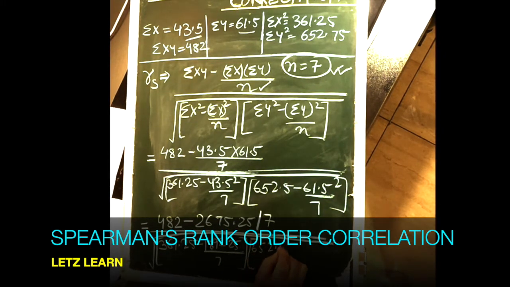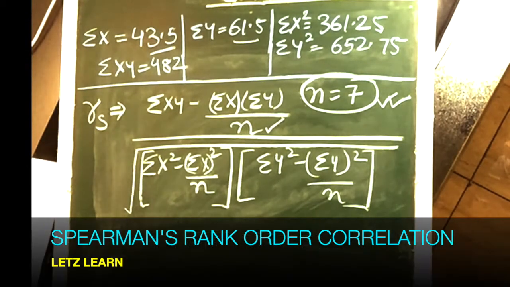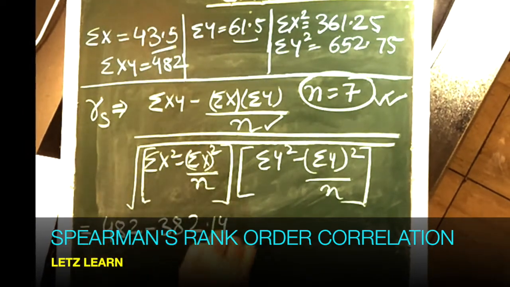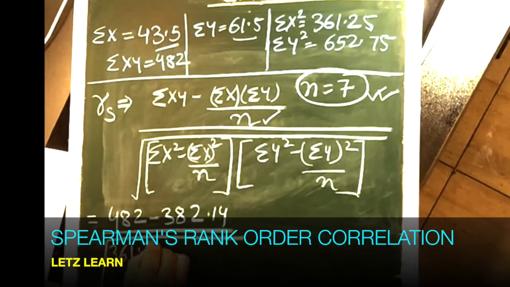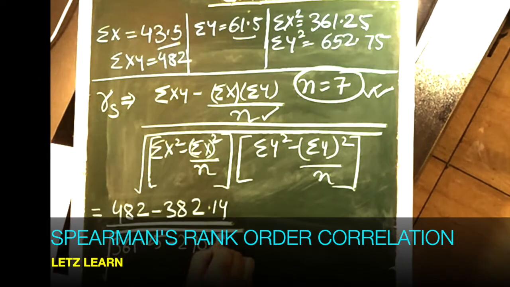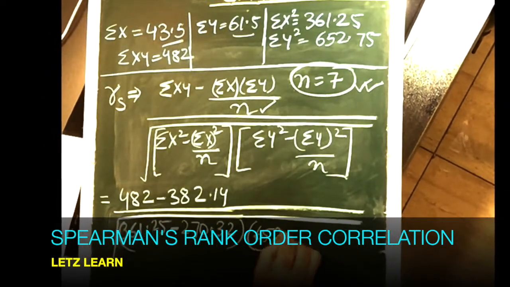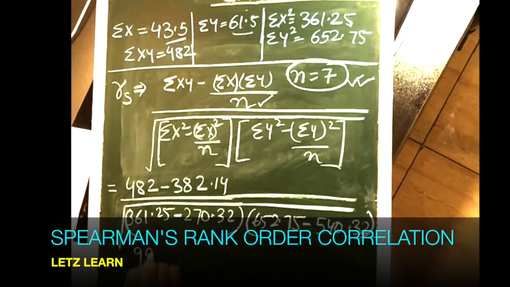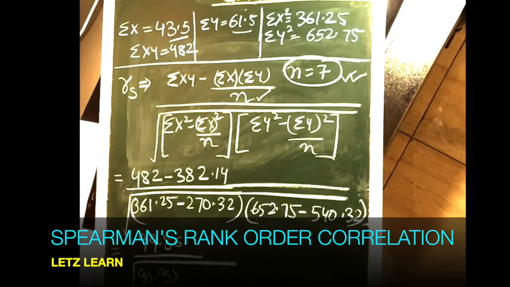So you can pause the video here again. Not to mention here that n is 7. The values are a, b, c, d, e, f, g, that is 7 variables here. That is why n is 7. So you can pause the video and do the calculation here as per the formula. And later on in the last slide we are going to do the interpretation part. So quickly do the calculation.